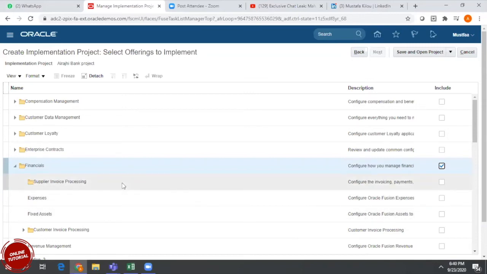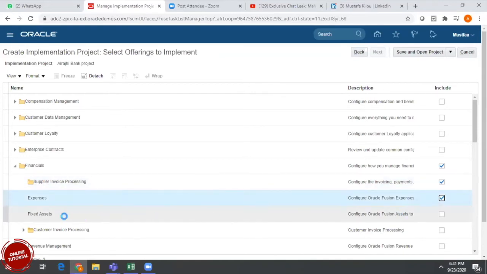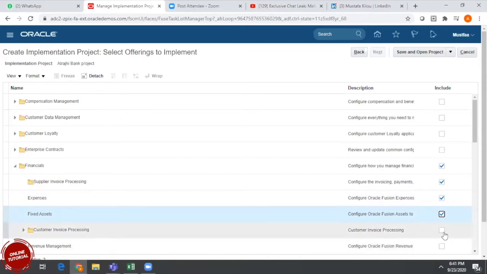These we call options. Financials is an offering, and under it, supplier invoice processing is nothing but AP. Expenses is nothing but expenses. Fixed assets. Customer invoice processing is nothing but AR.